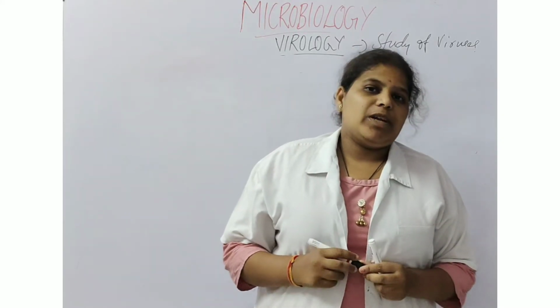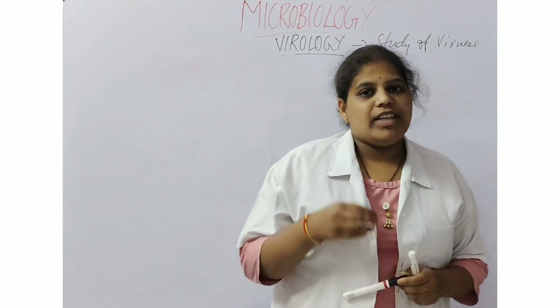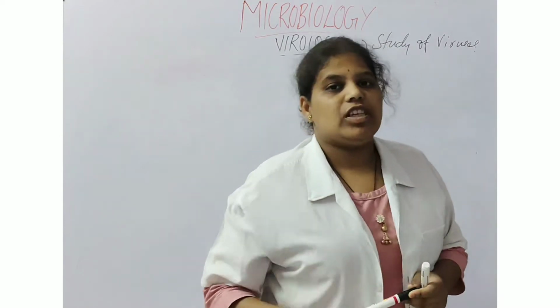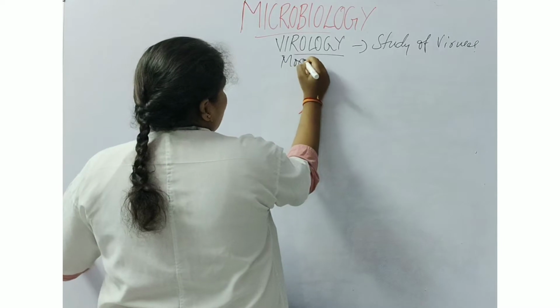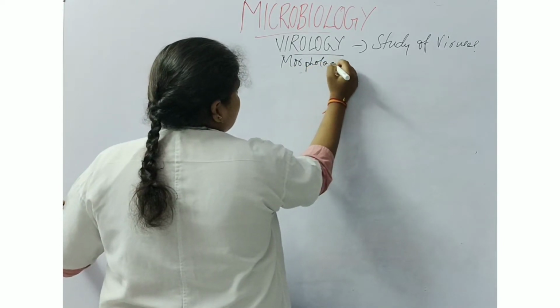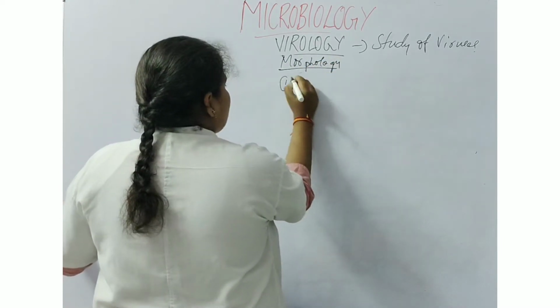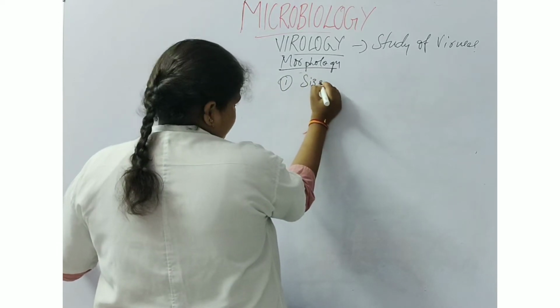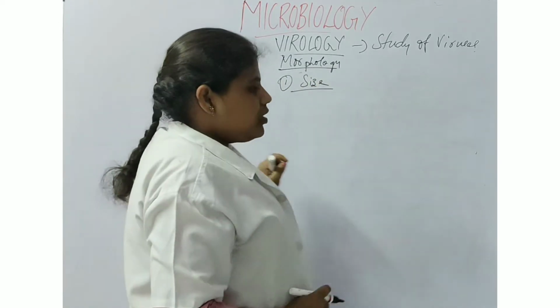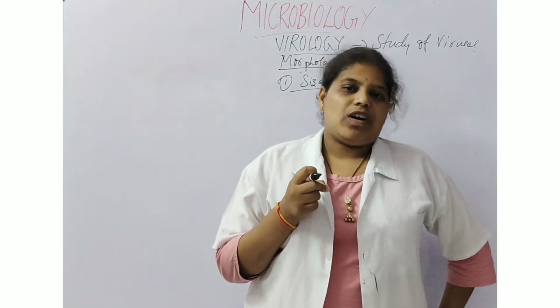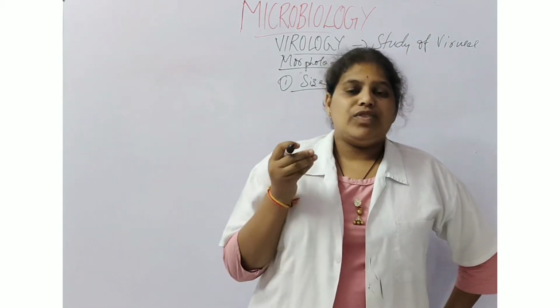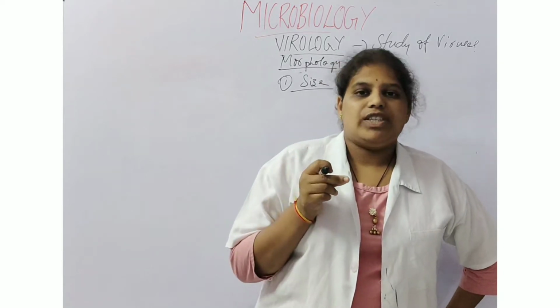We have completed the chemical properties and the general properties, and now we will see the morphological properties of viruses. In morphology, we have the size. The virus is the smallest organism of all, and the infectious agent which causes the infection is known as